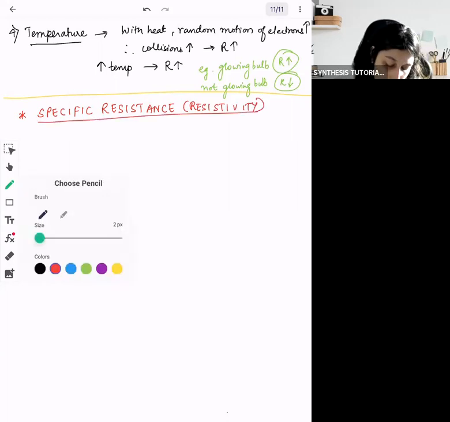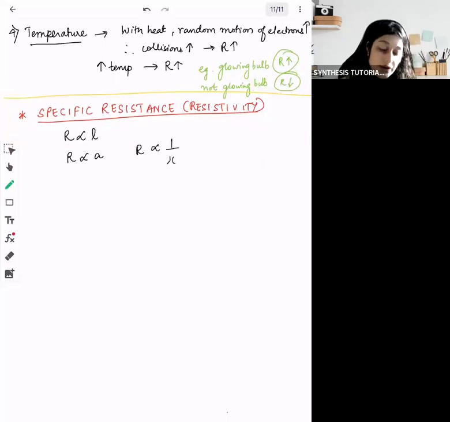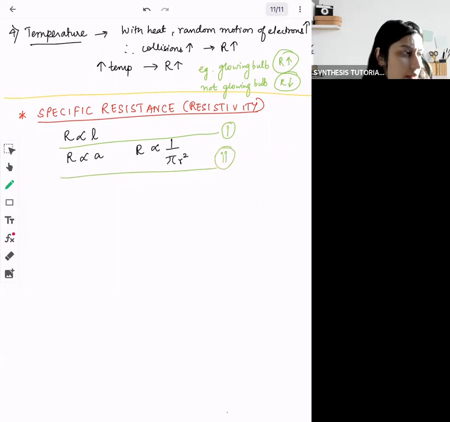ठीक है, so the resistance of a wire, first thing we know is resistance of a wire is directly proportional to length. Then resistance of a wire is inversely proportional to area, which can also be written as inversely proportional to the square of the radius. ठीक है, तो ये हमारा फर्स्ट स्टेटमेंट रहा लेंथ के बारे में. ये रहा सेकंड स्टेटमेंट थिकनेस के बारे में. अगर इन दोनों को हम कंबाइन करें, combining 1 and 2,